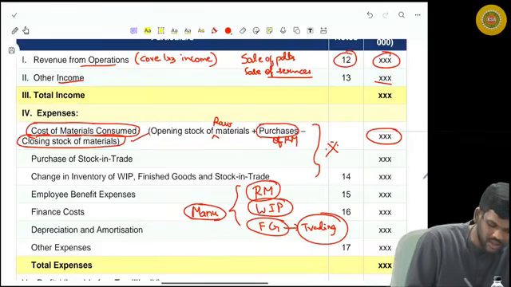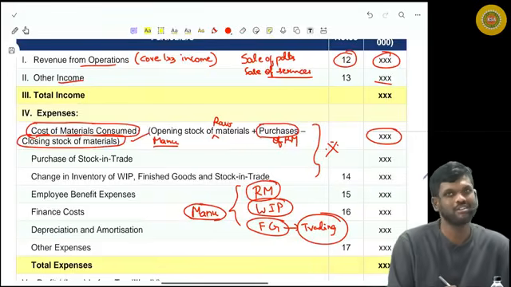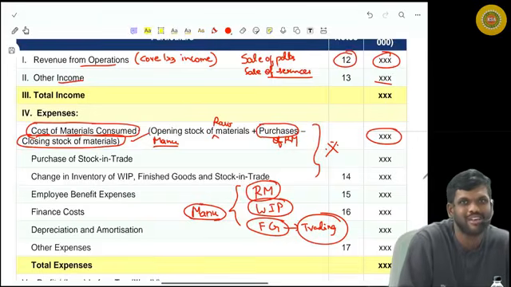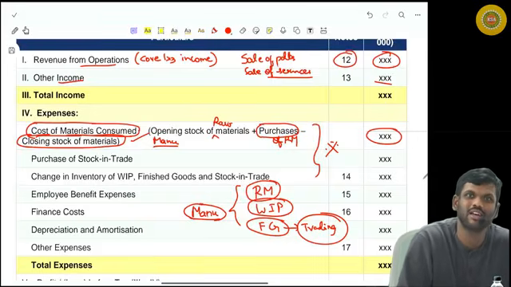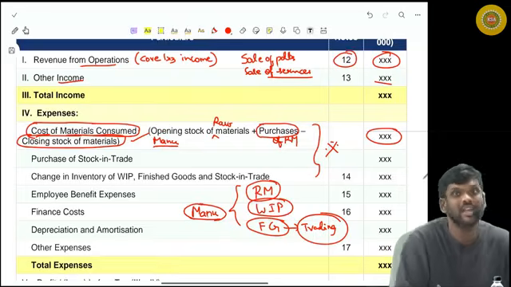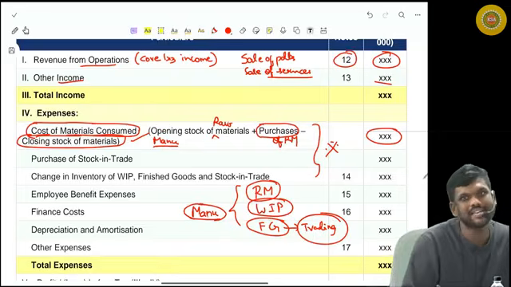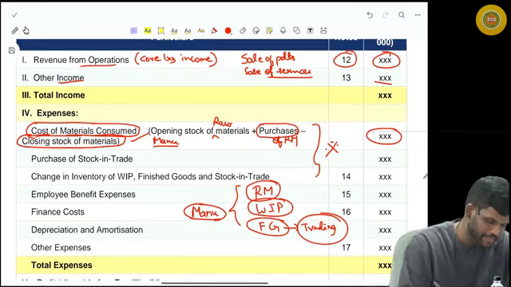So the first one will come only for manufacturing companies, not for trading companies. Sir, why sir? Because for trading companies, there are no raw materials, only finished goods, because they are not involved in any processing, they will just buy goods and sell goods. Is that clear, everybody? Okay, next,